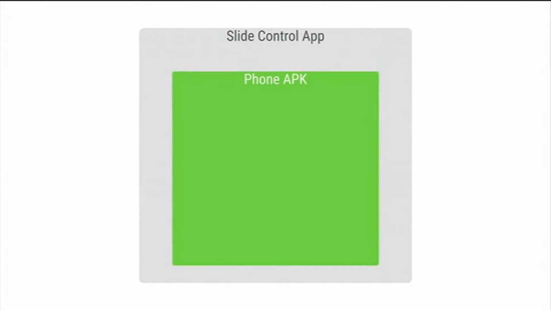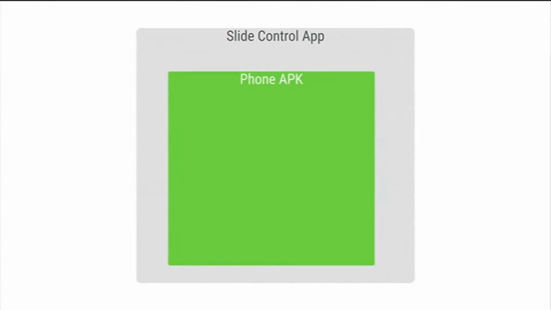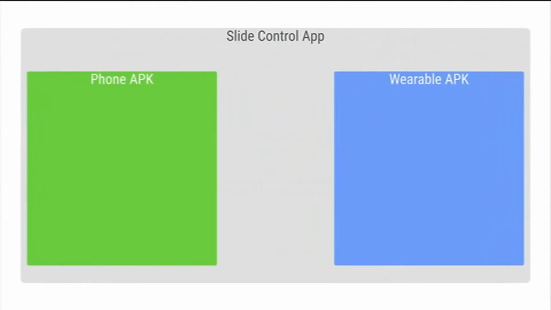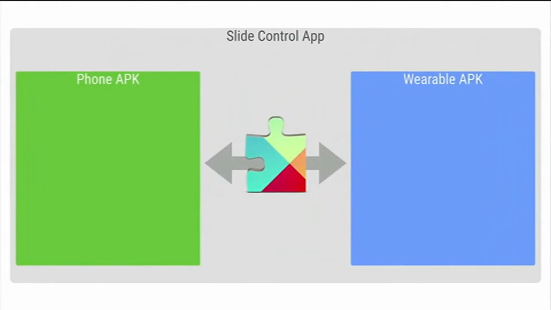So if we take a look at what it takes to build this application, when we write an app for a phone or tablet, typically we have one APK per app. But with Android Wear, we're extending that concept to expand across both devices. So we have an APK that runs directly on the phone, and we have an APK that runs directly on the wearable that are both part of your app. Google Play Services is what brings these two things together, and where we're going to talk about a new set of APIs that allow you to send data between the two and facilitate that communication.